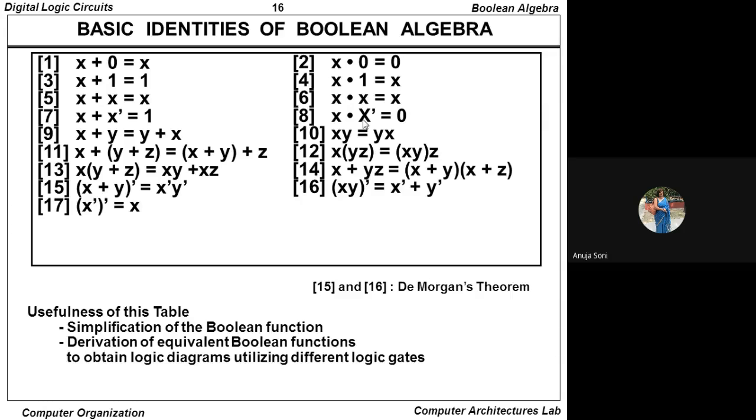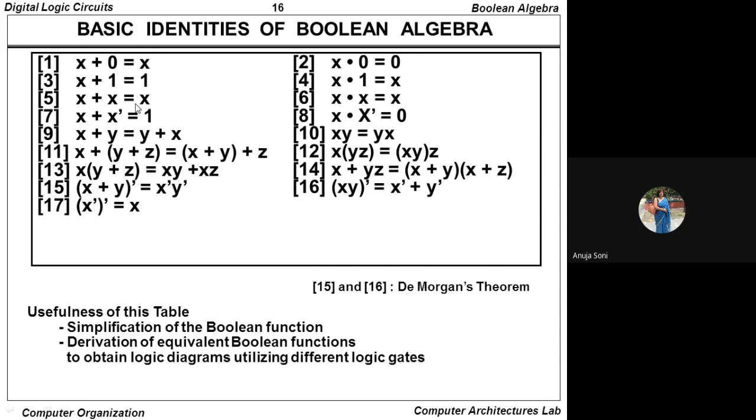Means in order to understand all these concepts, you can place the value of x at one time as 0, and at another time as 1, and manually derive the values, and ultimately all the values on the right hand side will come up. Now x into y will be equal to y into x. This is called the commutative law. Similarly, x into y into z can be rewritten as x into y into z. Again, it is called the associative law, and the next two laws we already have studied.